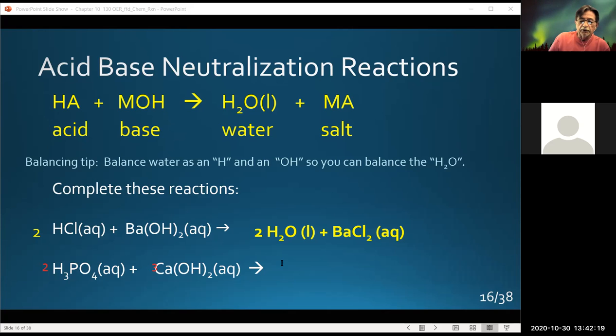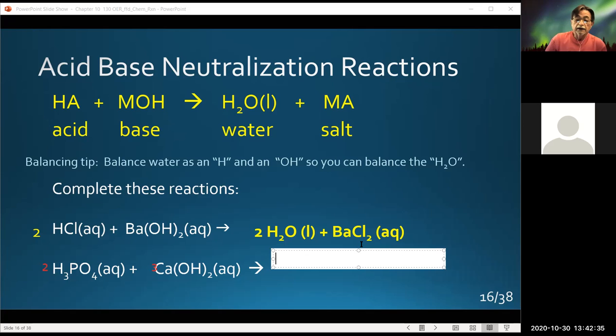If I have 6 protons and I have 6 hydroxides, how many waters am I going to make? 6, exactly. Okay, and so I'm going to make 6 waters. See, I'm following the waters. Okay, and then I'm going to make the